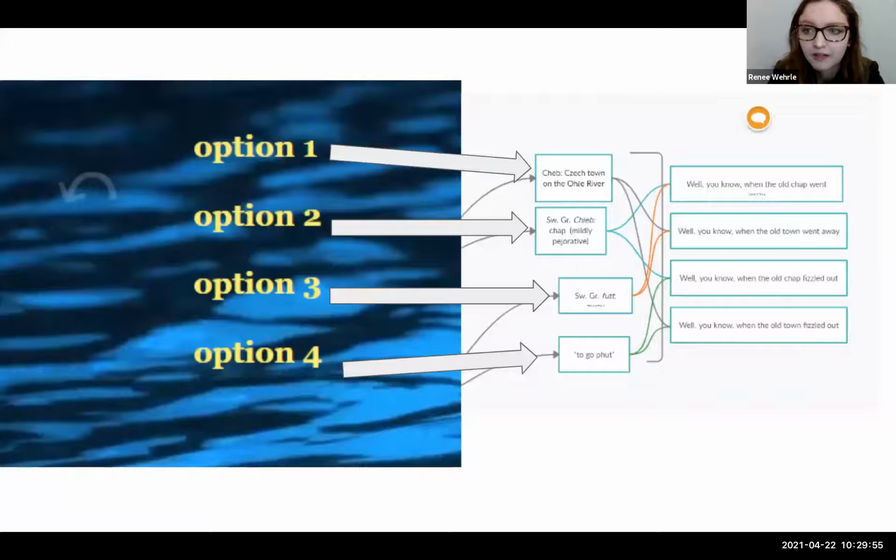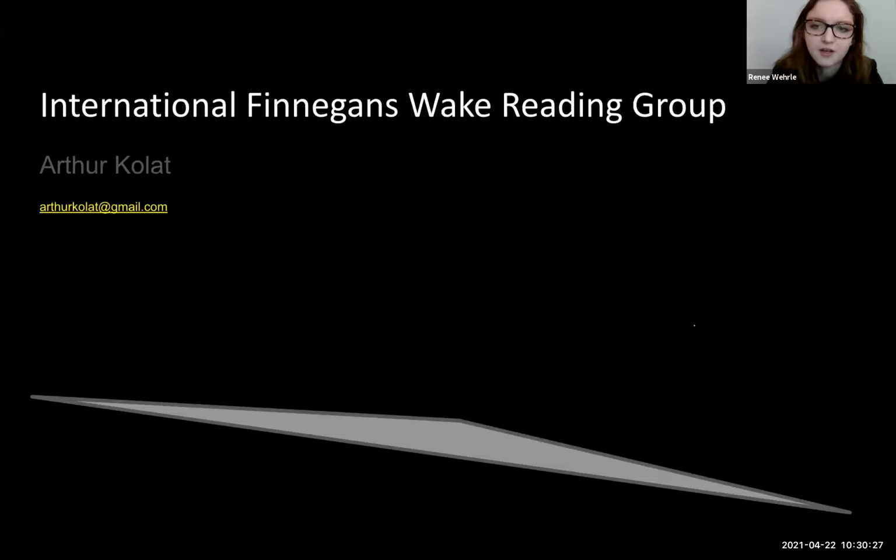In this way, gamifying the Wake with a software platform complicates the formalist structure of narrative and plot to include other dimensions of chance or readerly agency. And this not only engages students more fully in the process of textual excavation, but also opens new possibilities for meaning production by placing student choices about the act of parsing a text at the forefront of classroom conversation about a work. With such a student-directed approach, we can better facilitate democratic classroom pedagogy than we could with other teaching methods. So now I'll pass this to Arthur Kolat, who will talk about GSuite.